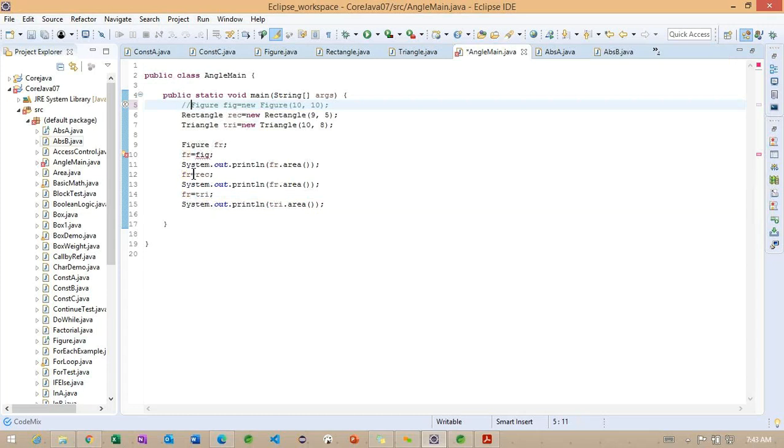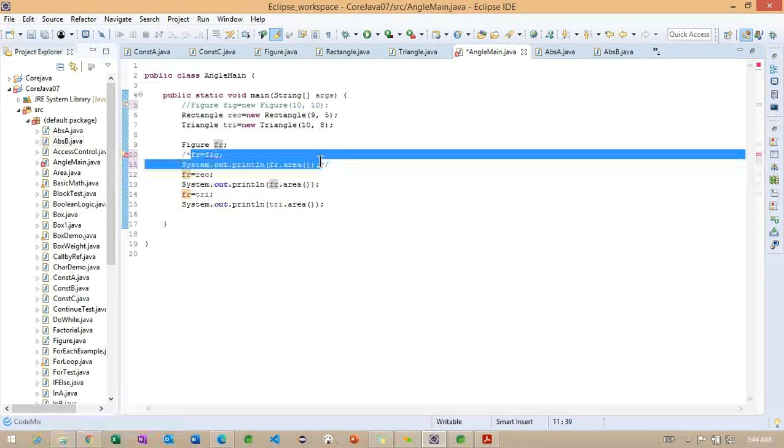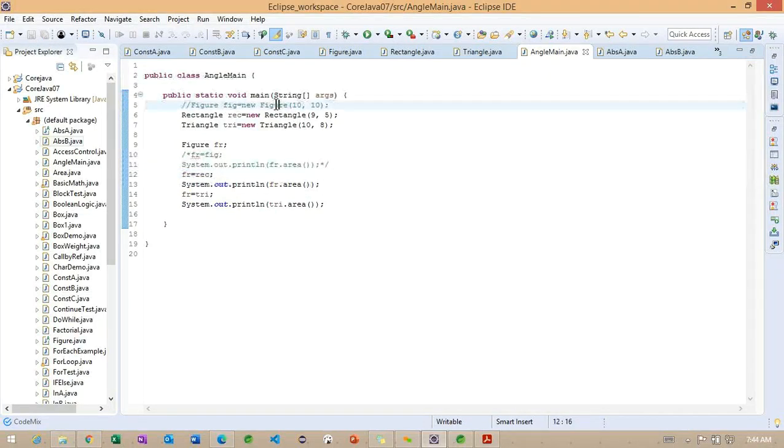Now, what I will do, I'm going to close this, and directly we cannot call these two. Directly, we cannot call this particular information here. But make sure, we cannot create an object of this particular figure, but we can use the reference of this particular class here.